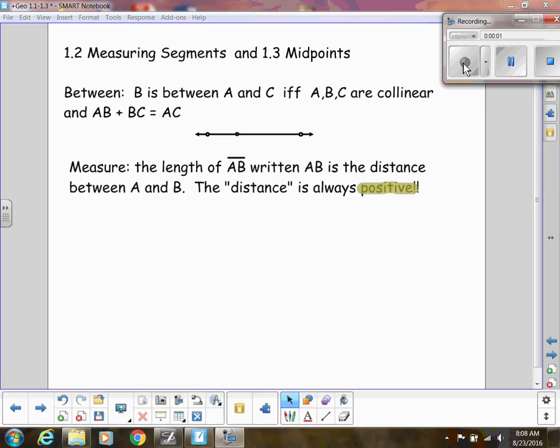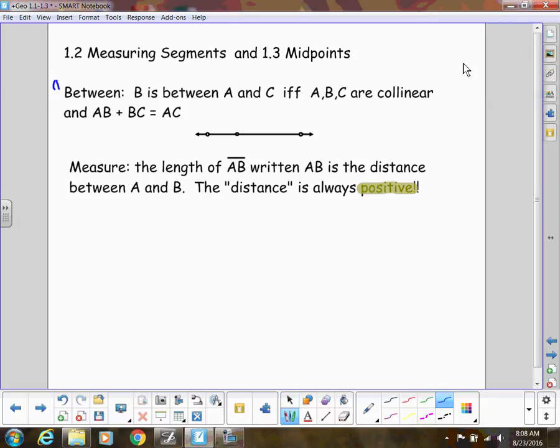In this video, we're talking about two sections, measuring segments and midpoints. So first of all, we're going to talk about the word between, because in math, we have to be very specific about what we mean by between. In English, we kind of use that very loosely, and generally we know exactly what it means, but